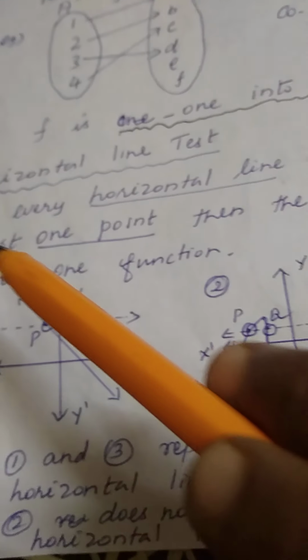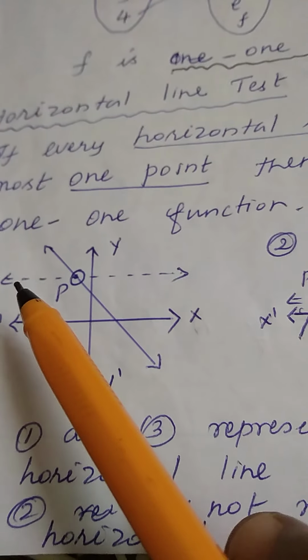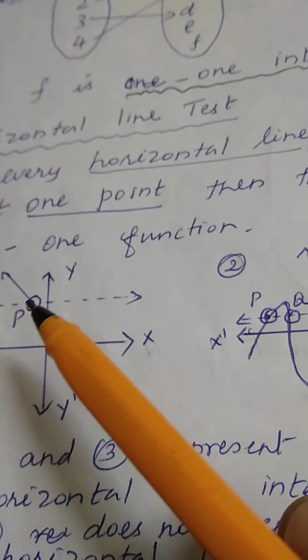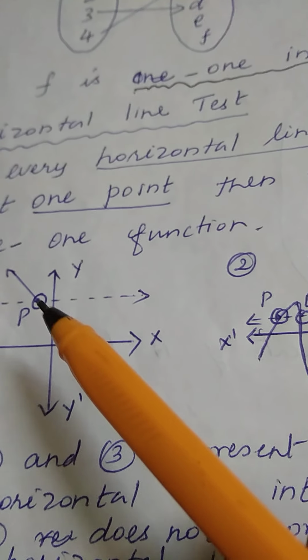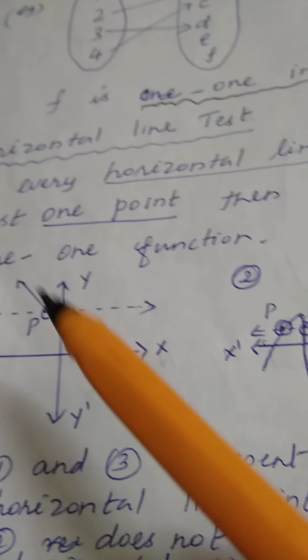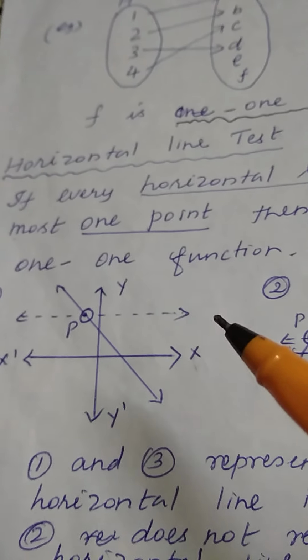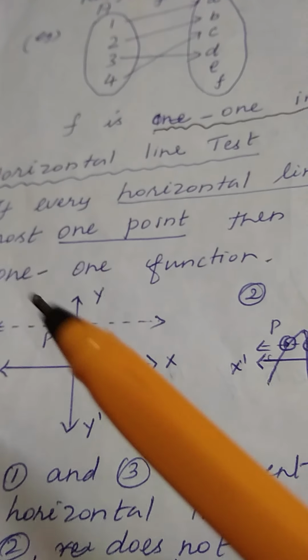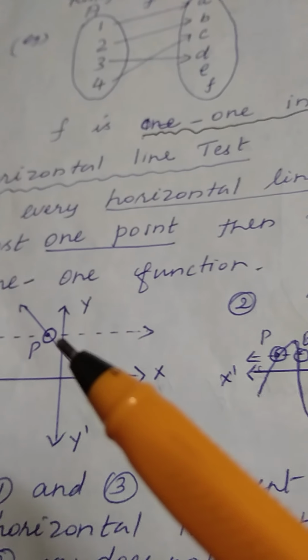Here x-axis, y-axis and a straight line are given. Draw the horizontal dotted line; it touches the curve at only one point. If the horizontal dotted line touches the curve at only one point,